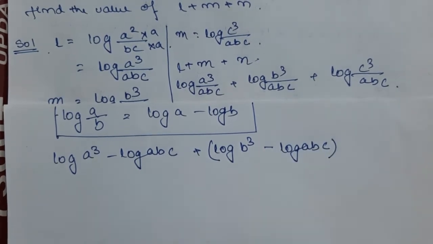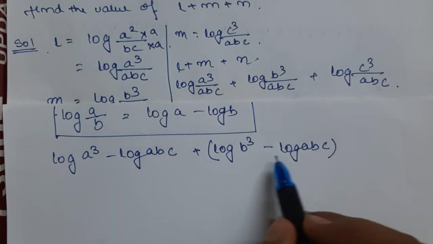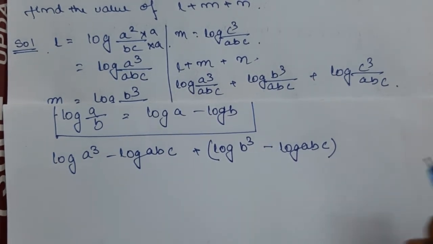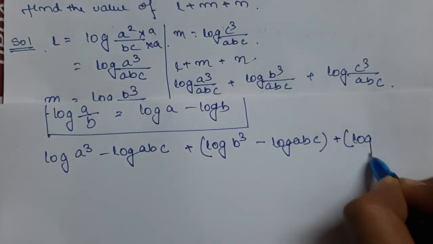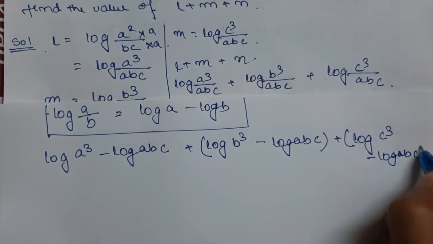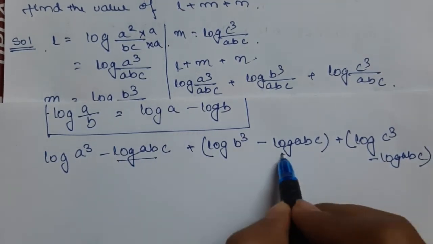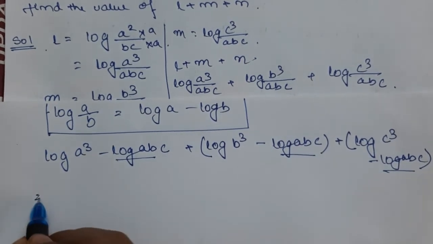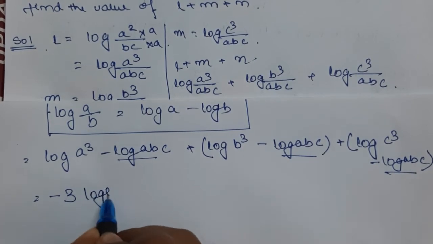Why I am giving a bracket here? Because if there would be a minus sign here, then there would be a problem in sign, right? So I am giving a bracket for safety reasons. Log of C cube minus log of ABC. I think there is no problem till now, right? Here there is log of ABC minus log of ABC minus log of ABC. So we can write it as minus 3 log of ABC,